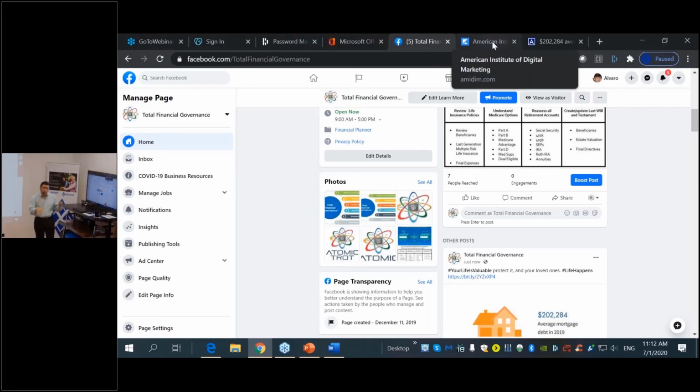They just did an overhaul of the whole thing, and you might not see the new platform yet. I see it. This is the new platform, but they're moving everybody to it. So this is a good time for you to take this updated class on the new structure of a Facebook page.